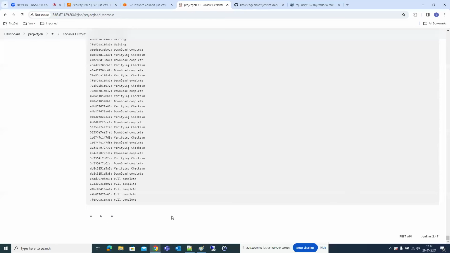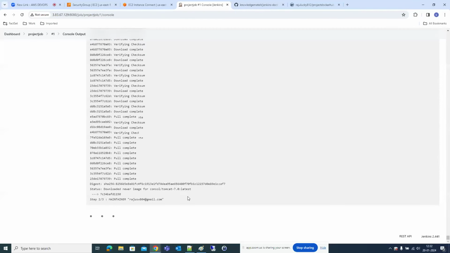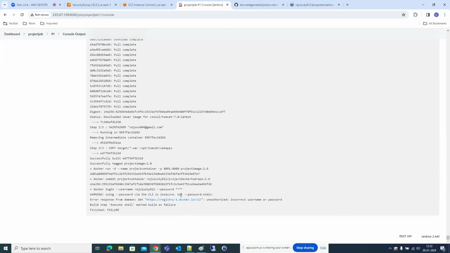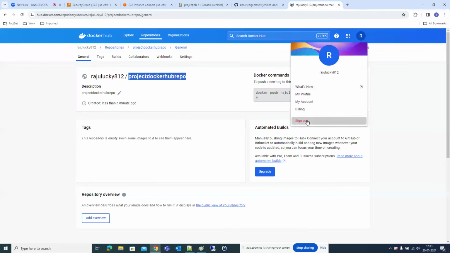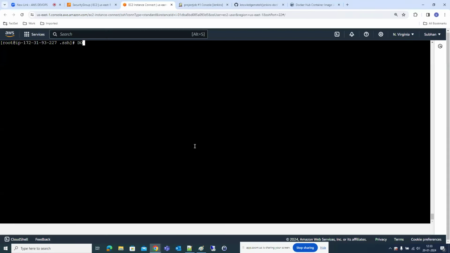Still in packaging, and it is trying to pull that Tomcat 7.0 image, right? So it is trying to create a container, and here the Docker login has failed, right? CLI, incorrect username and password. Looks like the username is wrong. The password is wrong. But if you observe at the server level, Docker images,